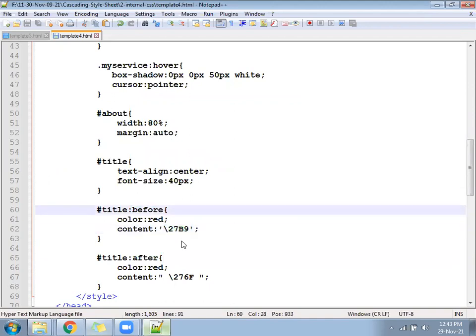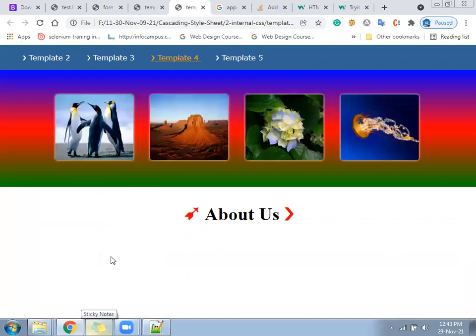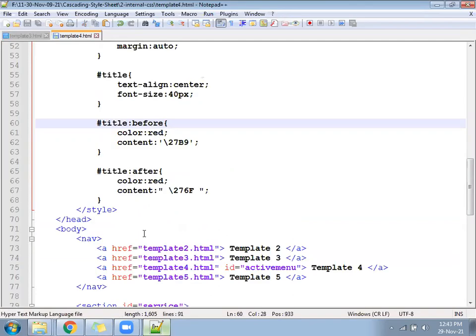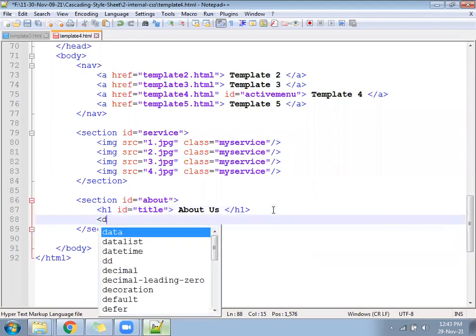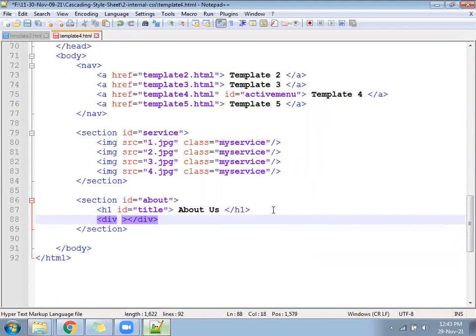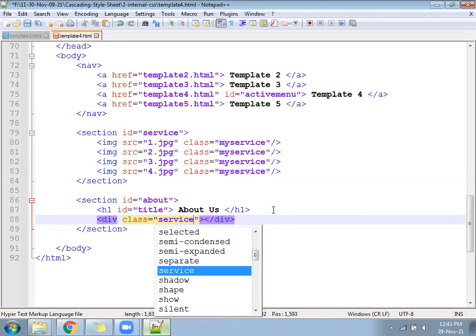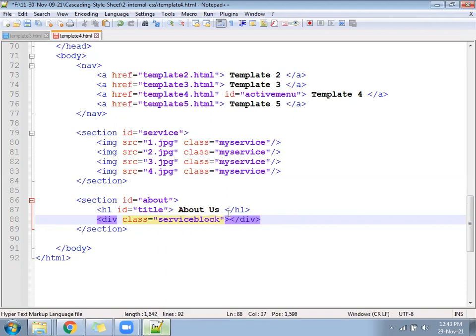Okay, now come down under the service block here, under the HTML part. Here we will display the division with a class. You can write any class name: service block.